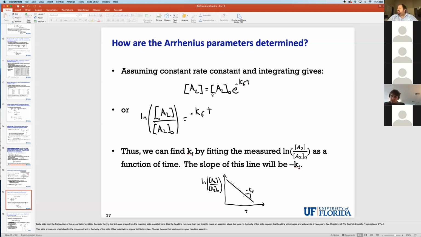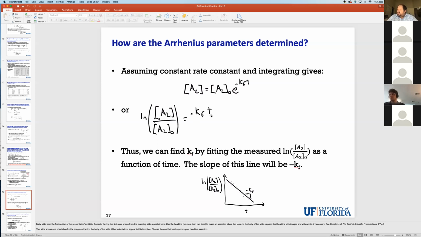If it's equal to 0, then the concentration of A2 is always equal to 0, which means you didn't test the reaction. Okay, so if we do that, we have this log of A2 over A2 naught is equal to